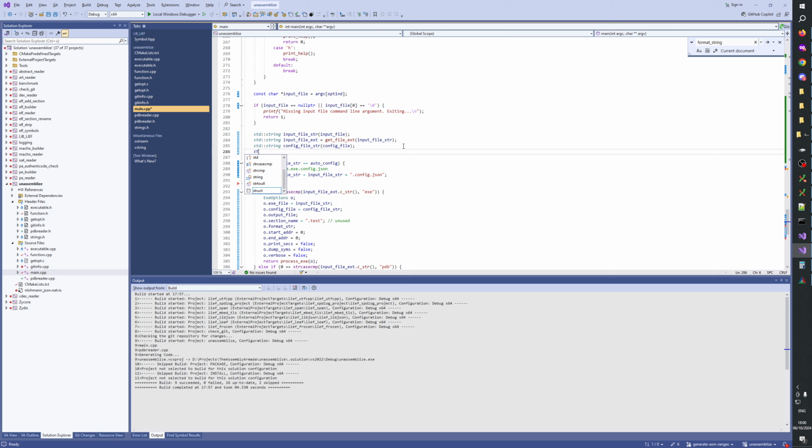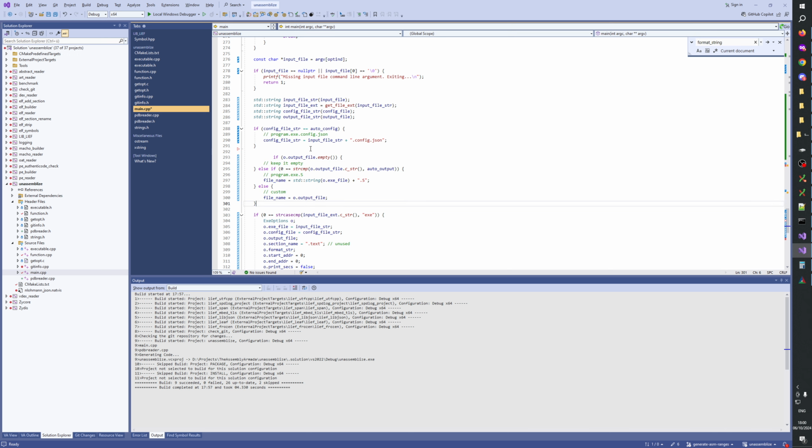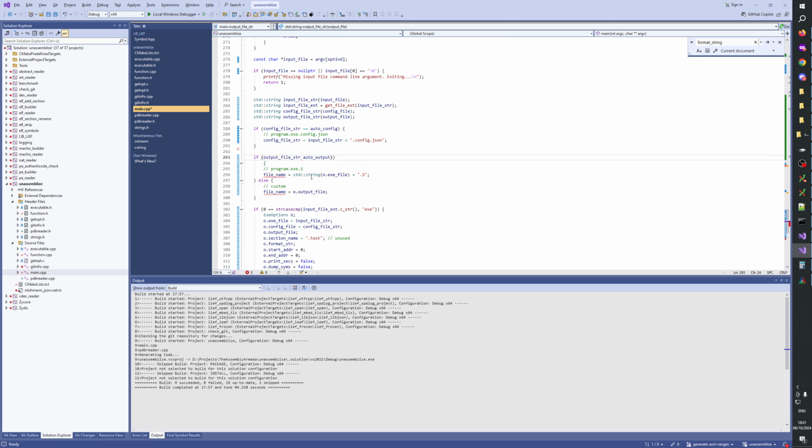We do SCD string output file str, output file, yeah, output file, and then we say here, if output, you delete this. If output file str is auto, then